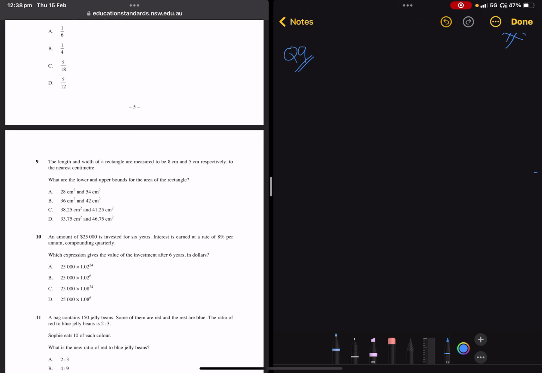The length and width of a rectangle are measured to be 8 centimeters and 5 centimeters respectively to the nearest centimeter. What are the lower and upper bounds for the area of this rectangle? Okay, so let's draw the rectangle. So we're told that this is 8 centimeters by 5 centimeters. So both of these could have been rounded up. In theory, the smallest rectangle we could have had was 7.5 centimeters by 4.5 centimeters. These numbers would round up to 8 and 5. The largest rectangle we could have would be something like